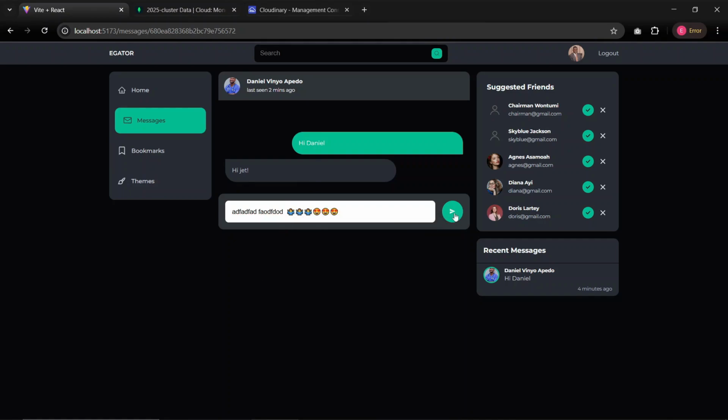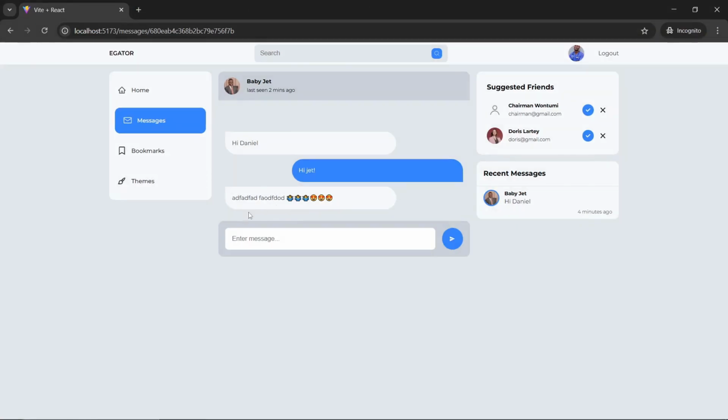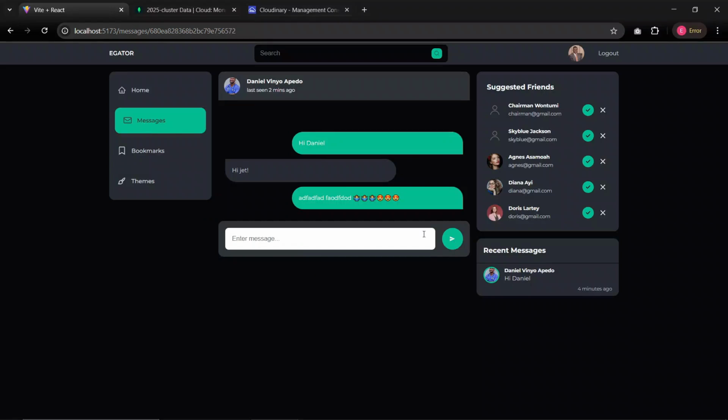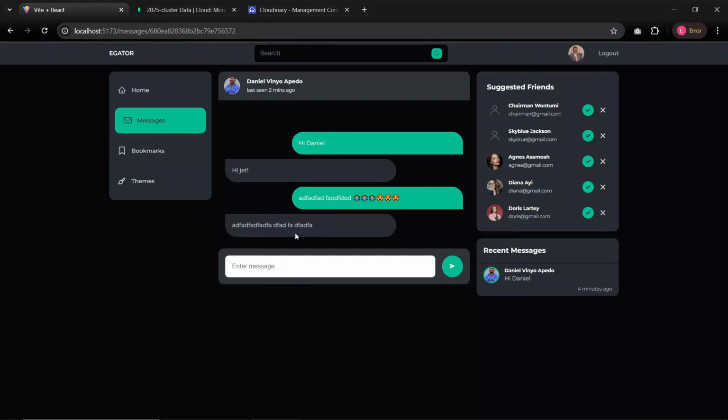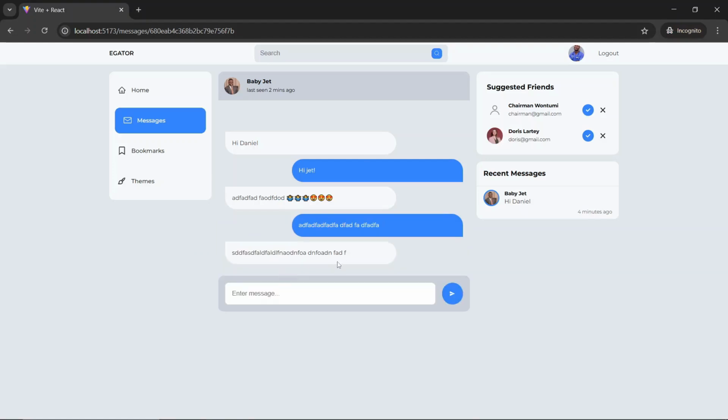And I'm going to send, and once I hit it, you can see that comes instantly. Okay, so I'm going to type any gibberish here just so we see that this actually works, and this is by using socket.io. So this also comes instantly, right? And I'm going to type in more text here, and once I hit enter, boom, that is here. Okay, so this is what we are going to build in this project, and I hope you are ready to